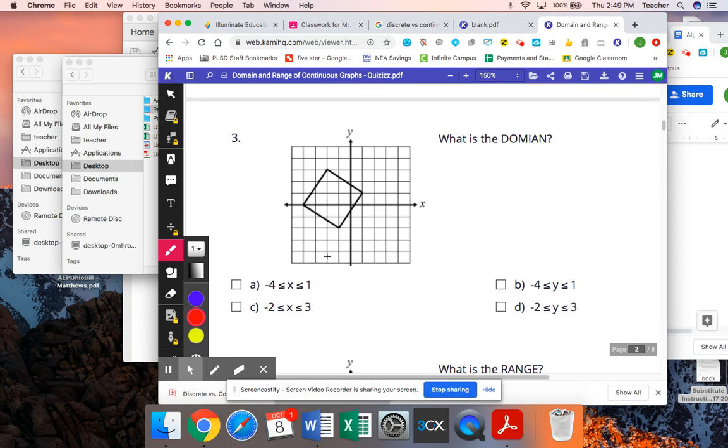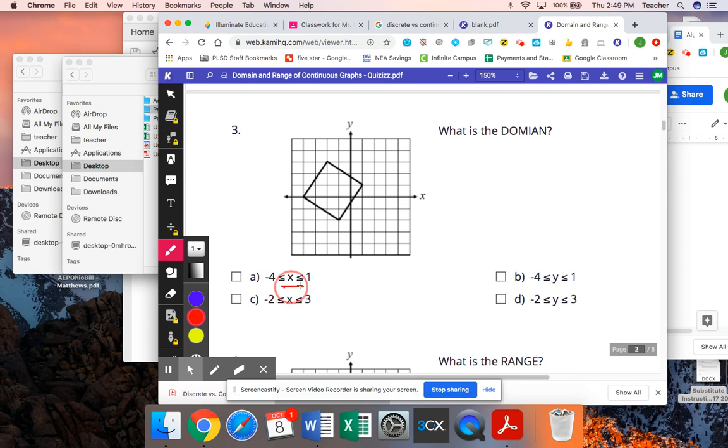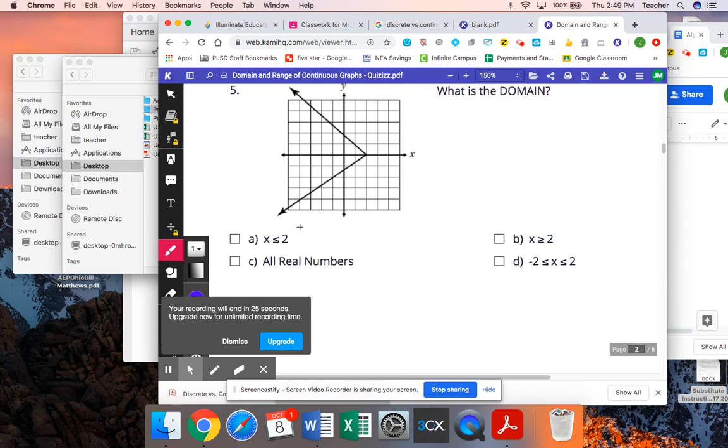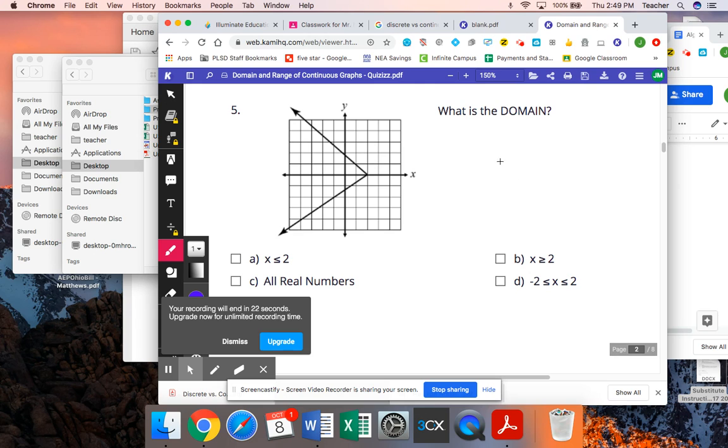When it's continuous, you're going to have domains and ranges that have these inequalities. It's continuous, see, because it's solid, and you know your options are that. Same thing here. Let's do this one very, very quickly. Just the domain, the x's. I'm looking at my clock here, I have 20 seconds. It goes as low as, if I follow this function, it's going to go on forever. That goes to -infinity. If I follow it to see how high it goes, it goes on forever. That's +infinity. That's the same thing as saying all real numbers. It goes all the way down